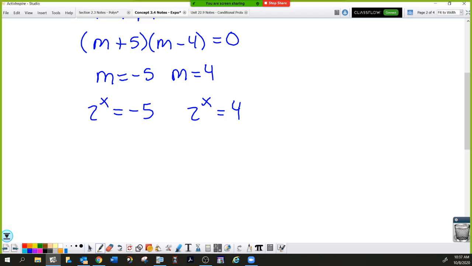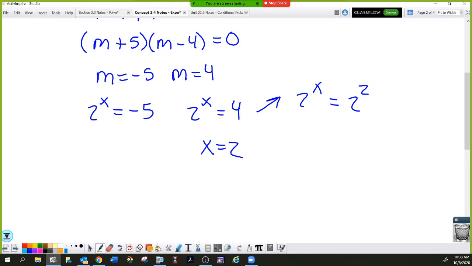I think it's really, really obvious what the answer is on the right side. 2 to some power equals 4. Right here, I think it's pretty obvious that x equals 2. And if you weren't sure how we did it, it's 2 to the x, and 4 could have been written as 2 to the 2. Since the bases match, make the exponents match. There it is. But on the left side,